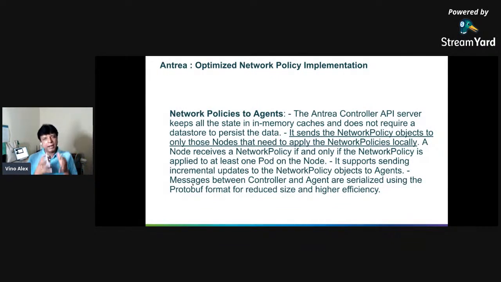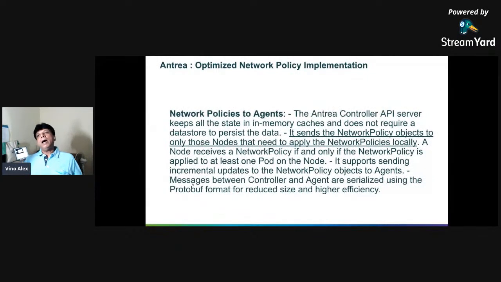The Antrea CNI is exactly doing like that. Whenever it applies a network policy for a set of pods, it enforces that policy wherever those pods are running. It will push that policy only to those nodes, to the agents running on those nodes only. You might not see much difference in a small cluster, but when you think about bigger clusters like 50 or 100 nodes, and you are frequently updating the network policies across the services, that makes a lot of difference.